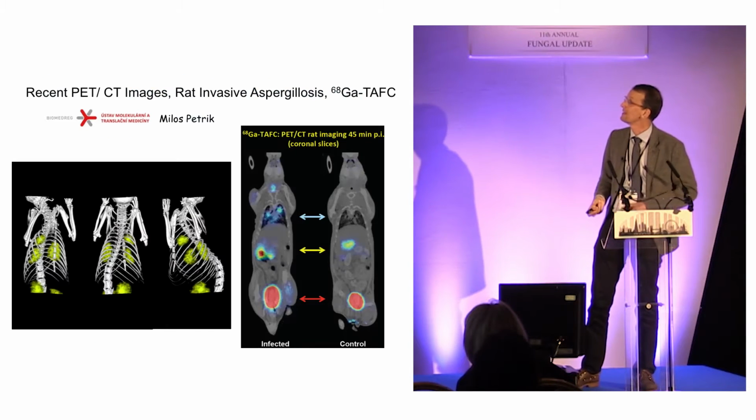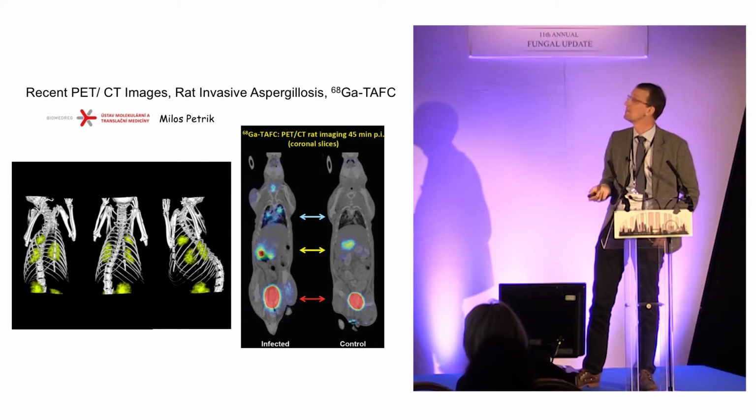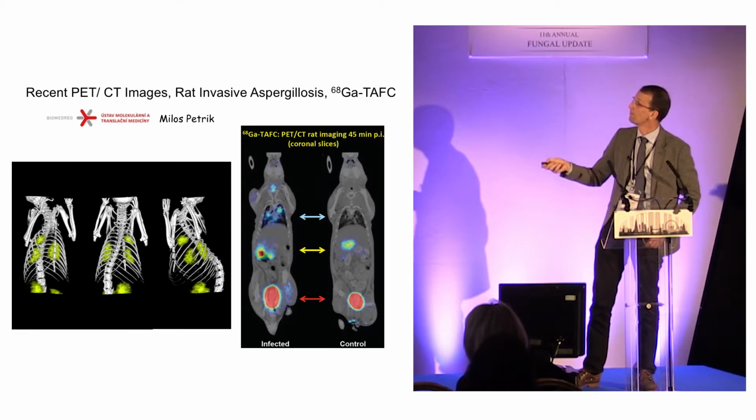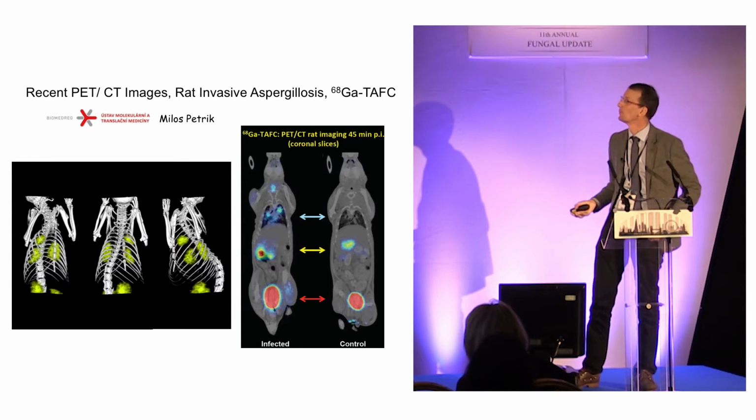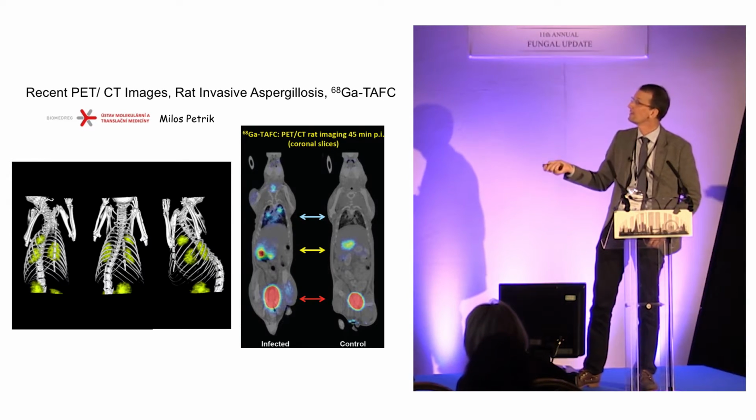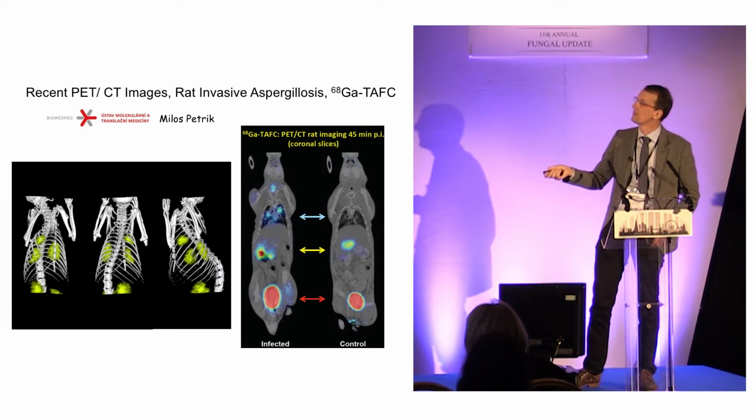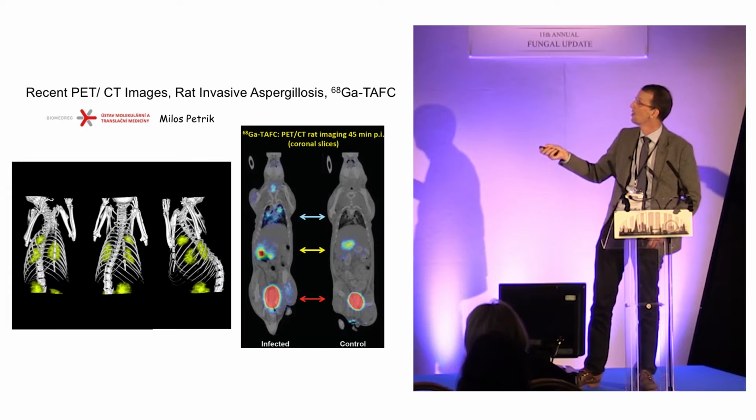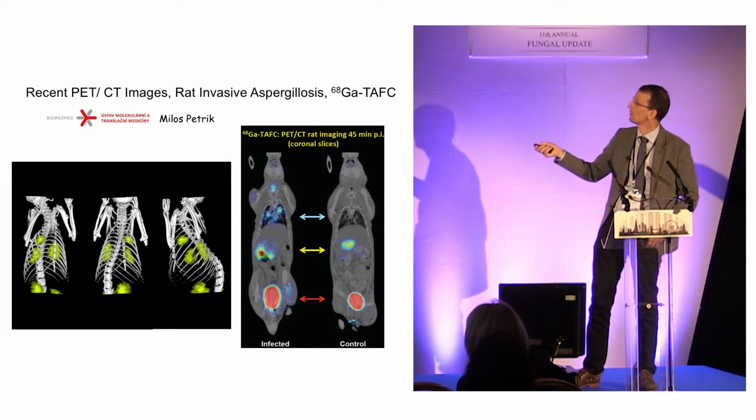And we did some more studies in infection models. It's just some images to show you at the end, some PET-CT images. The software is getting more fancy, with the CT images in white and the radioactive signal in yellow. You see the kidney and the bladder as excretory organs, and you see the infectious site in the lung in red again. Or another way of showing that is with a high resolution image of the